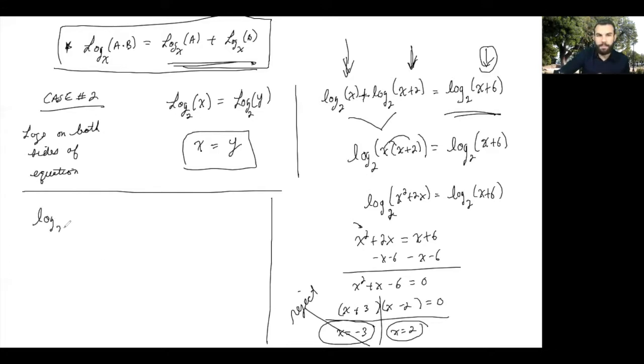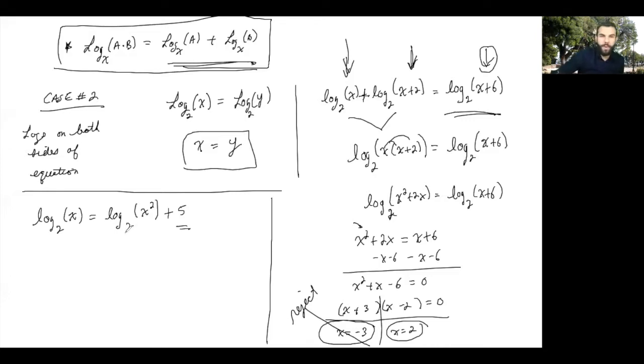So if we had log base 2 of x, again, base 2, don't know why, equals log base 2 of x squared plus 5. If we have something like this, first glance, we have logs on both sides, so this must be case 2. However, I cannot get this equation to ever look exactly like case 1, where we have 1 log equal to 1 log. This +5 is in the way, right? So I can't solve this using case 2 because I can never get it to become 1 log equal to 1 log. So my only option is to actually think about this as case 1, 1 log equal to a